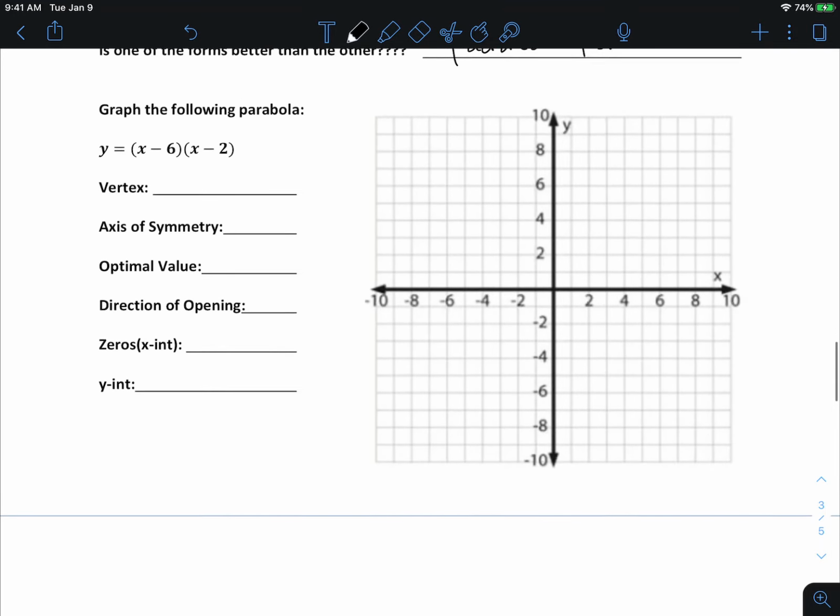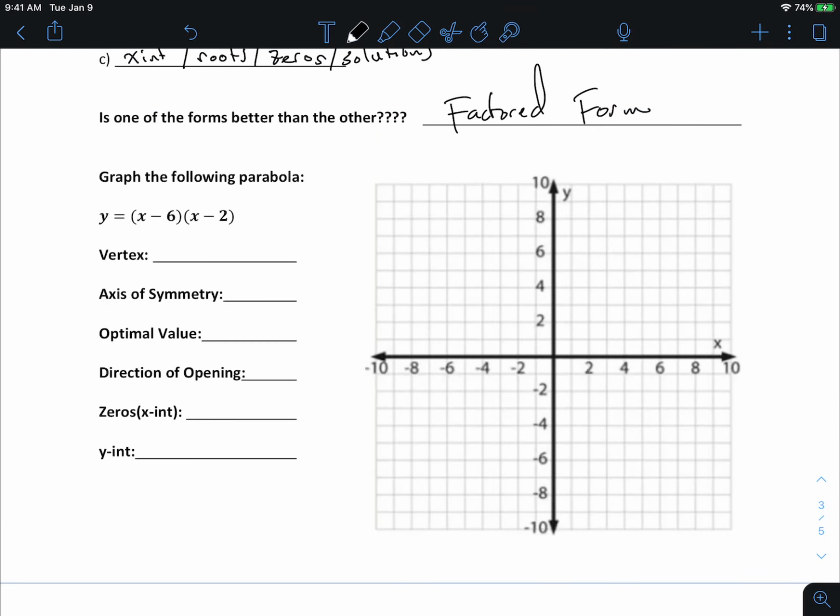And we can see that here, okay? You've got to flip your brain a little bit and go, okay, it doesn't seem like that, but there's a backwards way of thinking about this, okay? So all I want you to do is graph this parabola